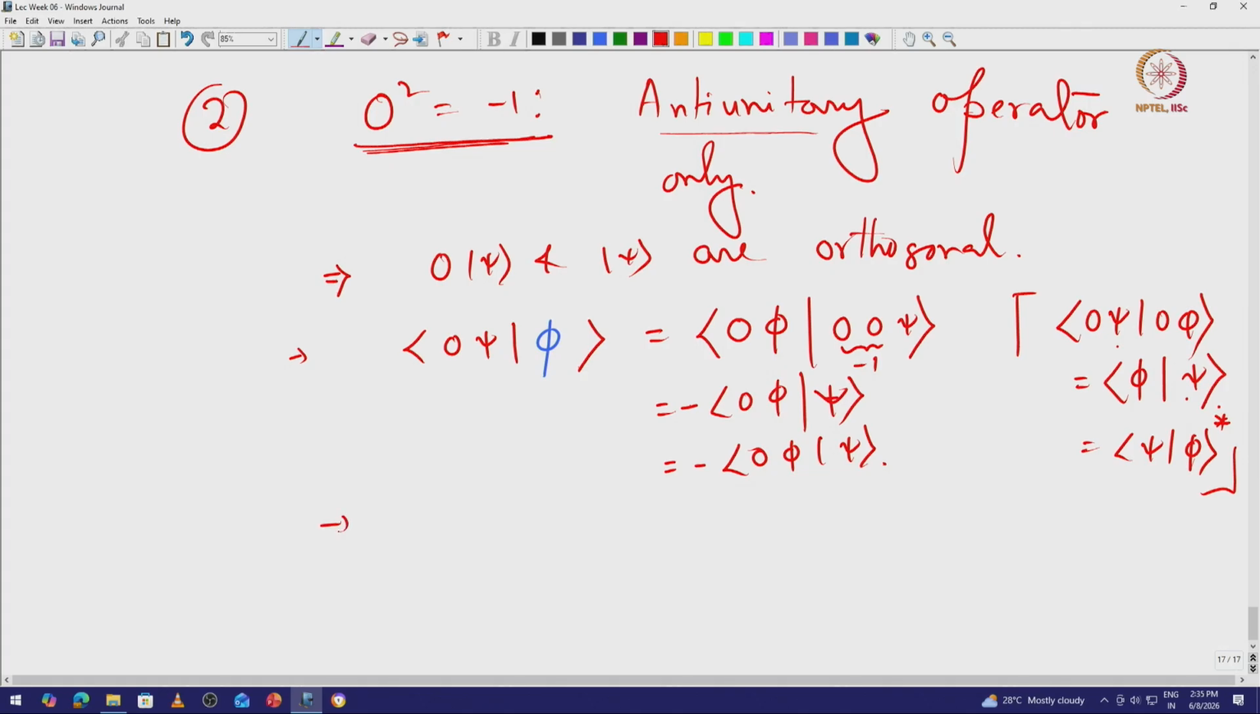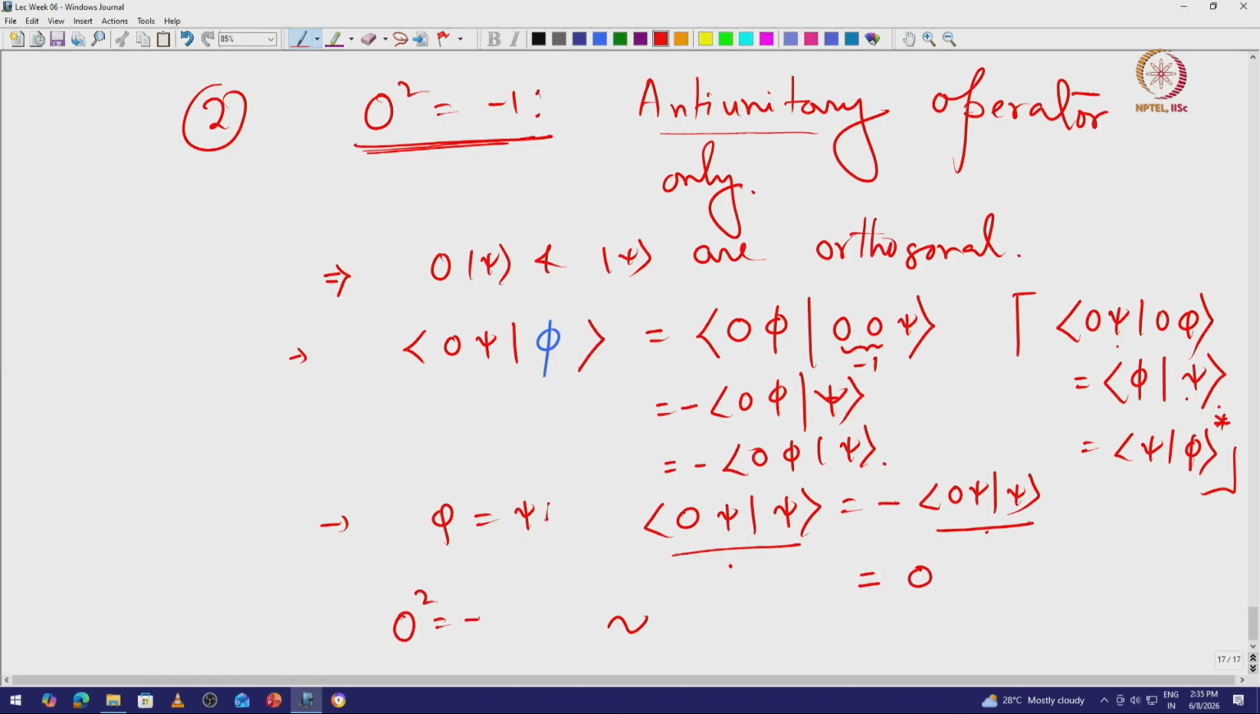So now let us substitute phi equal to psi. So what we get is O psi acting on psi is equal to minus O psi acting on psi. Something that is equal to its minus is only possible when this itself is 0, or if I take it to this side and equate it, I will get 0. So which means O square equal to minus 1 always leads to the fact that